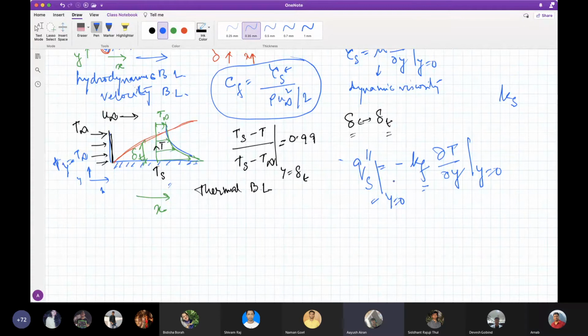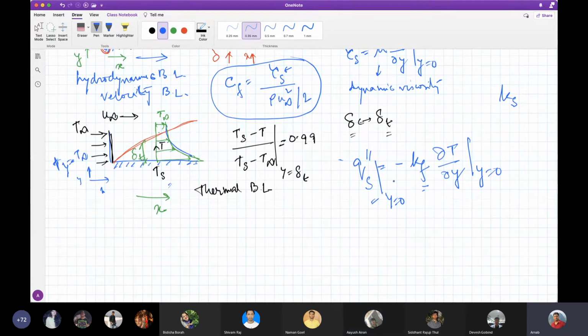Sir, conduction occurs in some medium, right? So in this, the conduction is happening between the surface and the fluid. Means the conduction is happening between the surface and the liquid part, which is adjacent to it. See, the heat transfer is happening from the solid surface to the liquid which is in proximity to it.